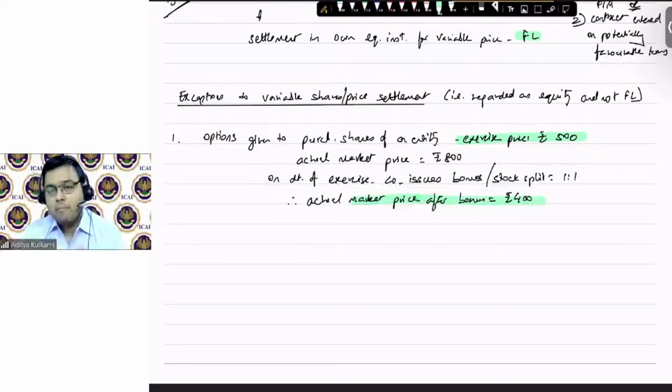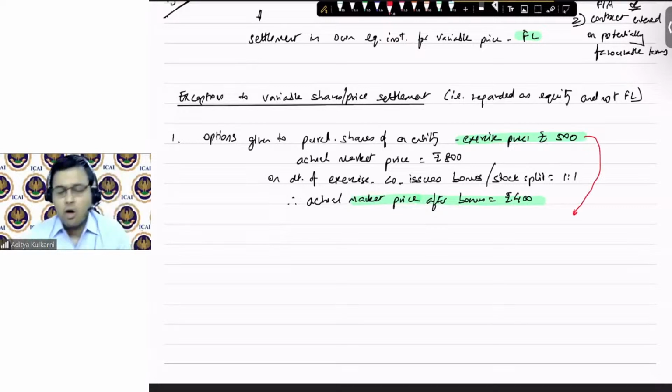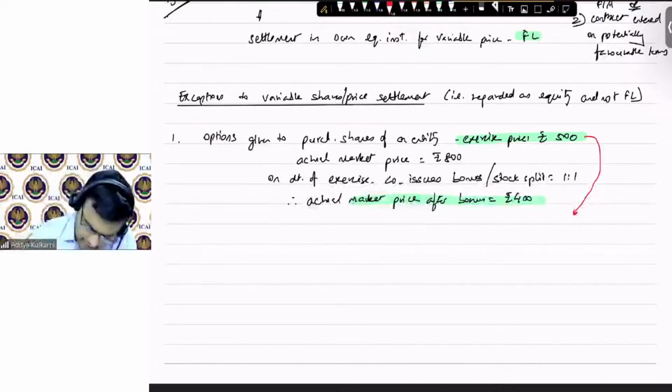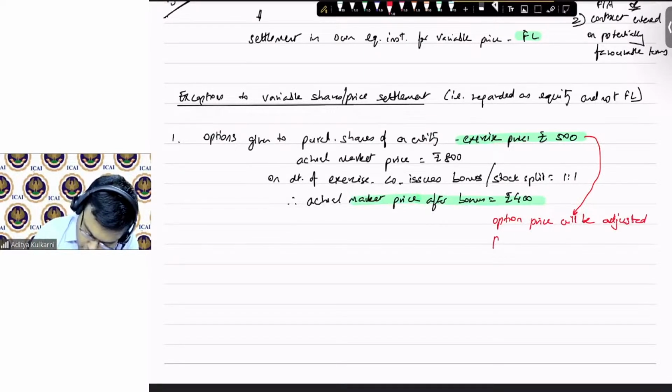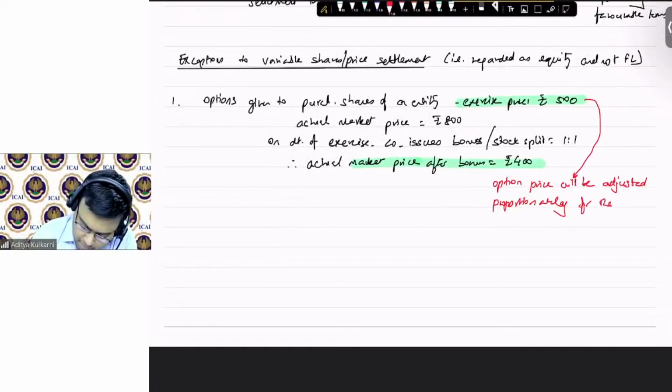So what companies do is, in the option contract, they will mention that option price will be adjusted proportionately